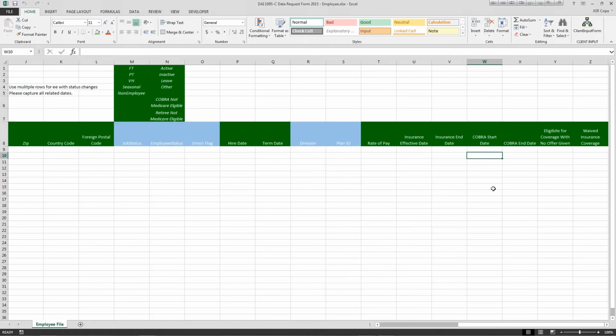The COBRA start date. The COBRA start date is a little tricky because since the employee has 60 days to elect COBRA, they might elect it by the end of that period. So once they elect it, you will have to put the date in which COBRA retroactively started, which will be the day after termination. So whenever the employee decides to take COBRA, you'll put the day after termination here in the COBRA start date,